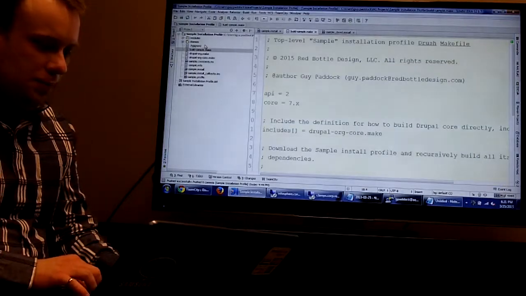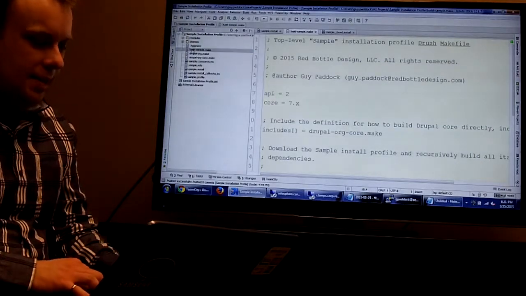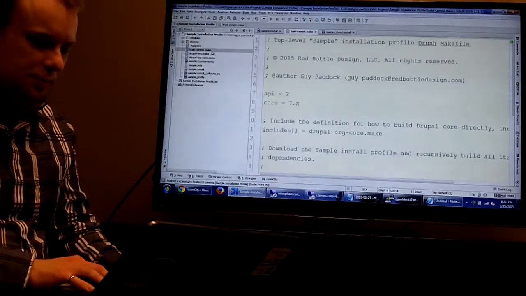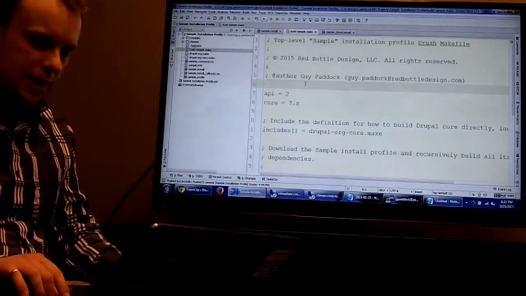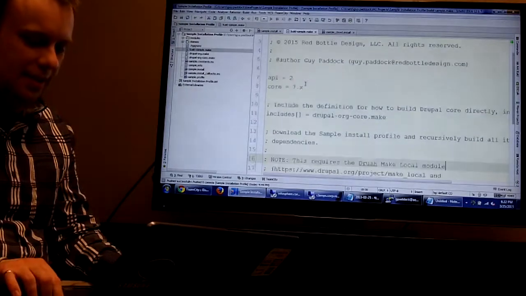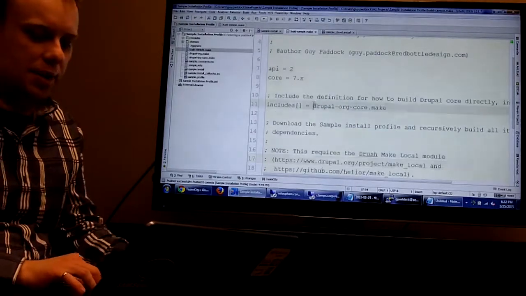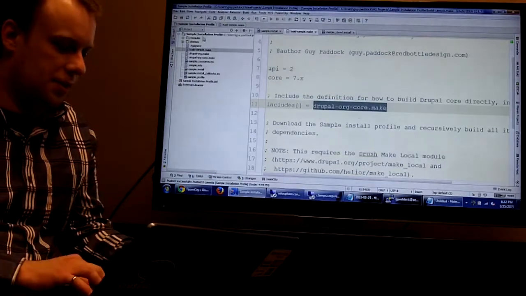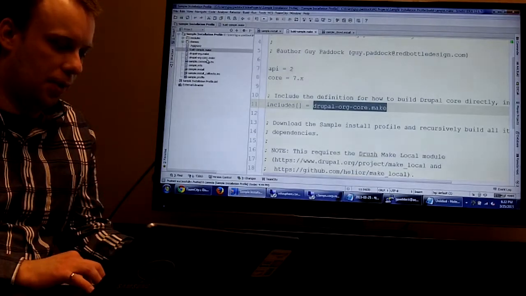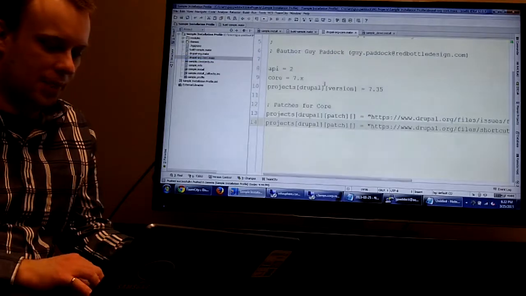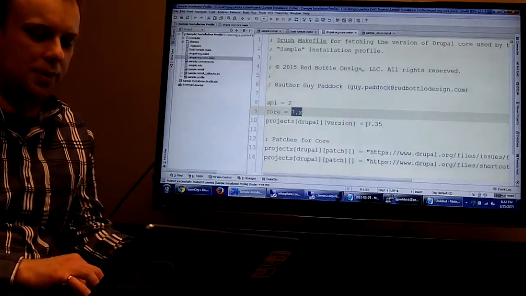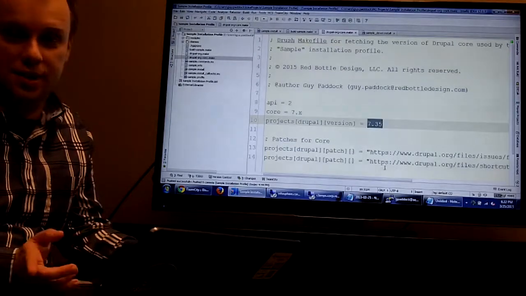Okay, so in this case I have a file called build-sample.make. This is my sample installation profile. This is the top level Drush makefile. What this does is it includes another makefile that specifies what version of Drupal core we want. This drupal-org-core.make file is pretty short. It just says we want version 7.x, and specifically 7.35, which is, as of this video, the current